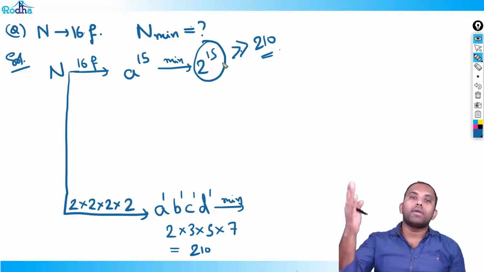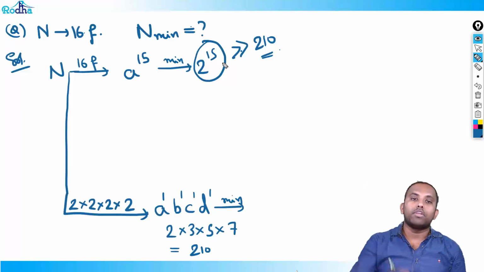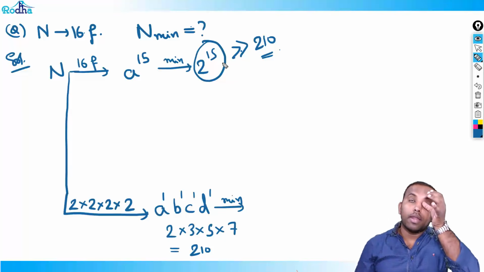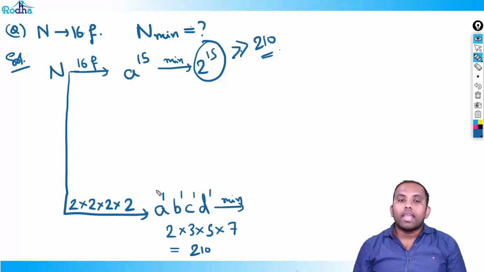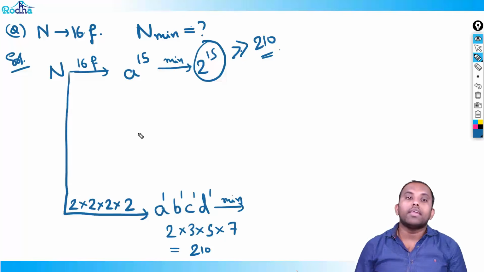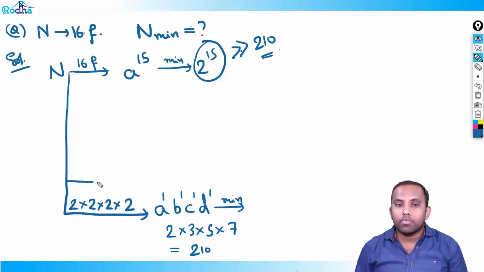When you don't split a number at all, and when you do a maximum splitting of the number, the one where you don't split will be much bigger than that, right? So obviously this case will not fall in our minimum case. But we should also check near about. So the answer is not here in the a raised to 15 part, in minimum splitting, but the answer can lie nearby if I try to split 16 into